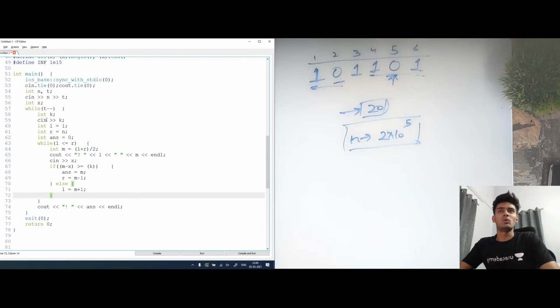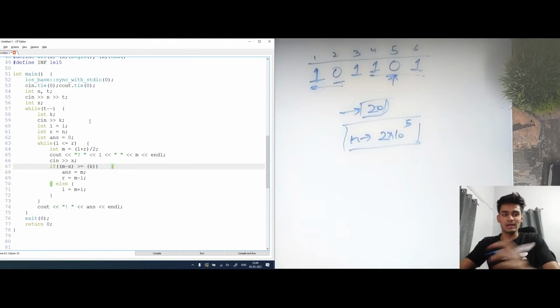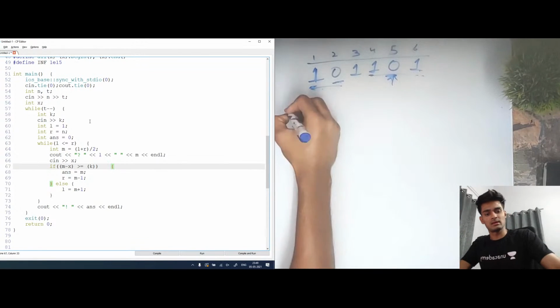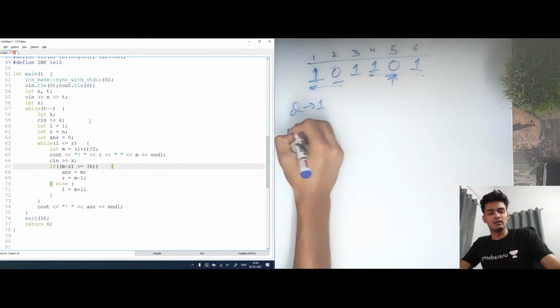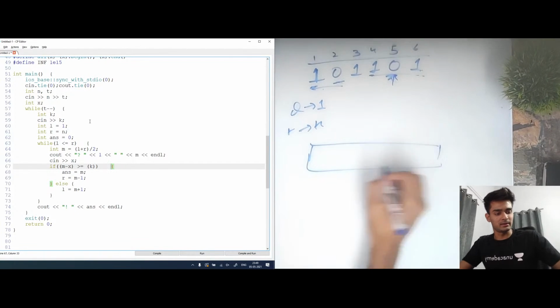Okay. So what I'm doing is, for every test case, which for the easy version, this t is always equal to 1. So this while loop will run only once. What I'm actually doing is I have fixed my L to 1 and R to N in the start. So let's say this was my complete array.